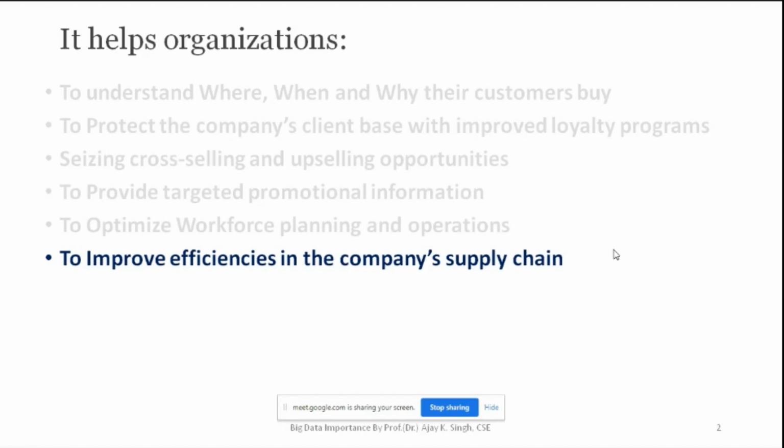So again, this is the part of your big data. How much should I purchase? What stuff should I keep? Like in winter season, we are talking about these different clothes. Which clothes should I put for this particular market? Should I go for woolen clothes in winter, or should I go for cotton clothes in summer? So in that case, each and everything is going to be analyzed nowadays. And based on that analysis, you are going to take some step. So big data is playing a role there also.